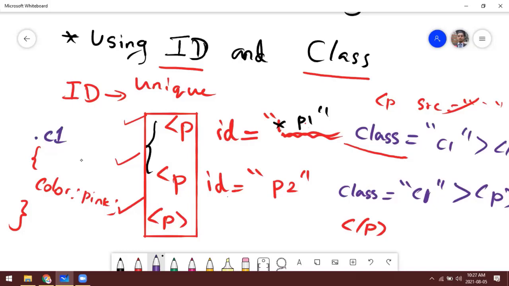The first paragraph and second paragraph have the class C1, so it will only be applied to the first paragraph, this one and this one. Why? We are referencing using the class selector. Paragraphs 1 and 2 only have C1 as the class, so it will be applied to only these two.